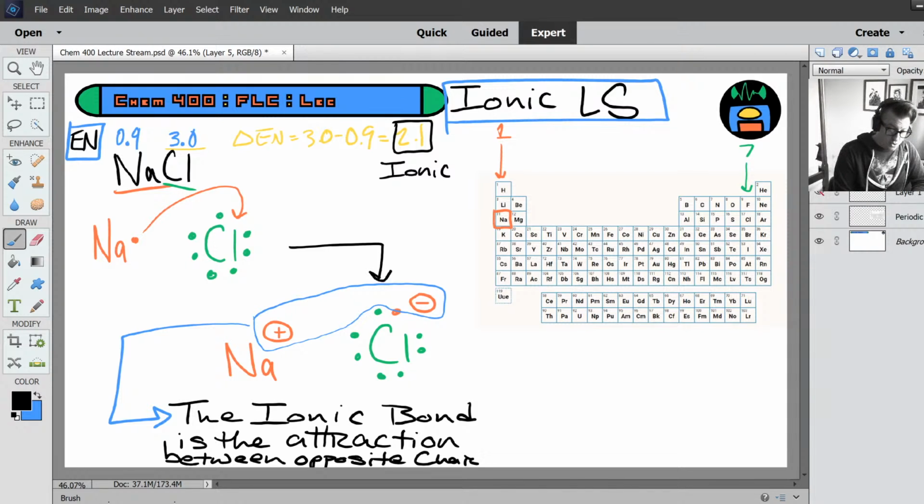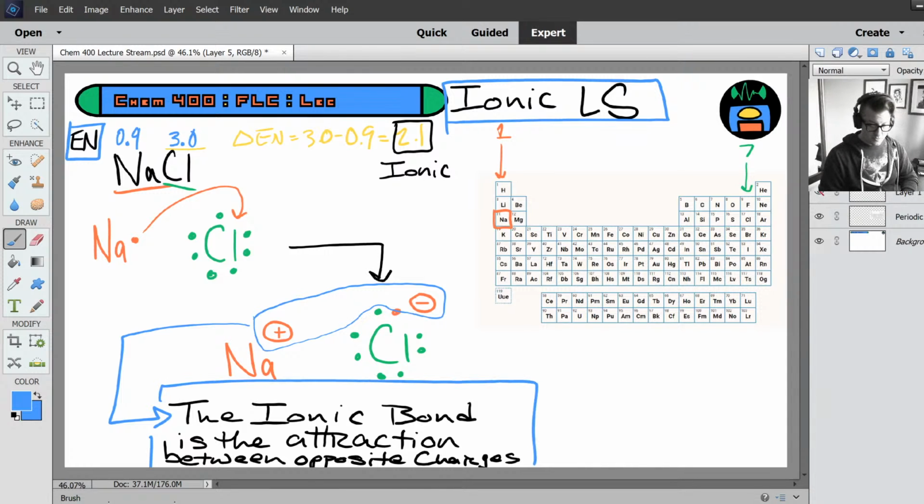All right, it is the attraction between the positive and negative charge for the sodium cation and chloride anion. So you don't see anything physically connecting them, but they're stuck together because that negative and positive charge are each drawn to the other. All right, so that's where the ionic bond is